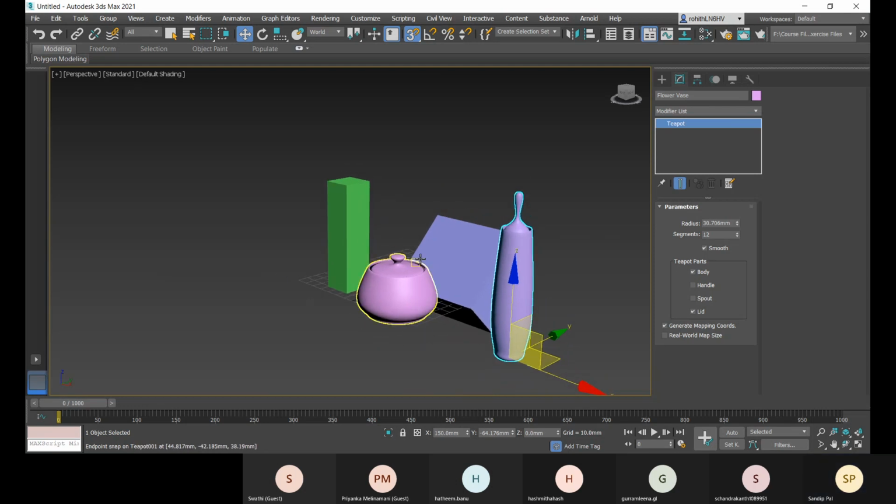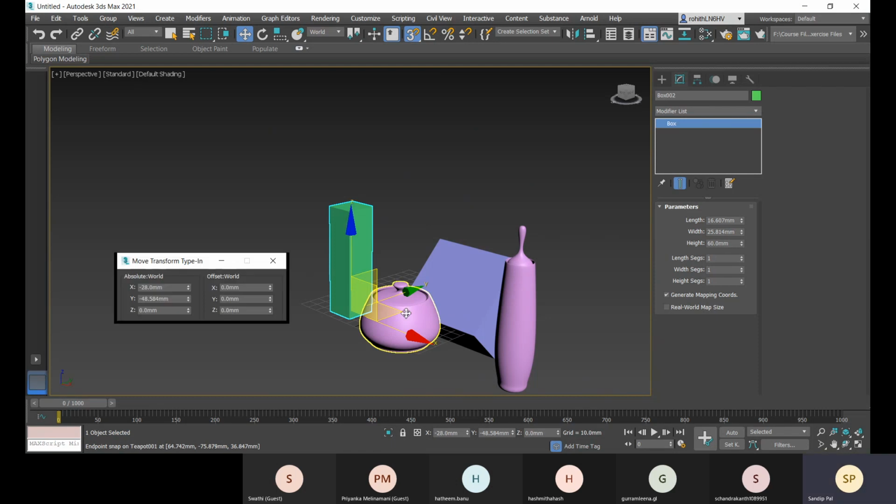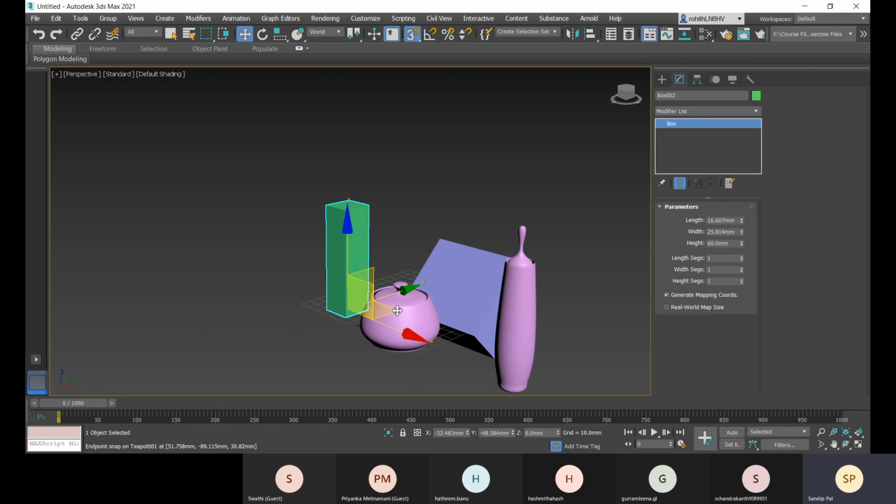And we have this scale option also, and we can also move it and clone it. Let me apply this holding the shift button. One more thing: if I apply the clone option within this transform type-in window, that will not be applicable. So for that, I have to choose a particular axis with my mouse cursor, and then holding the shift button, I can clone it. Okay.